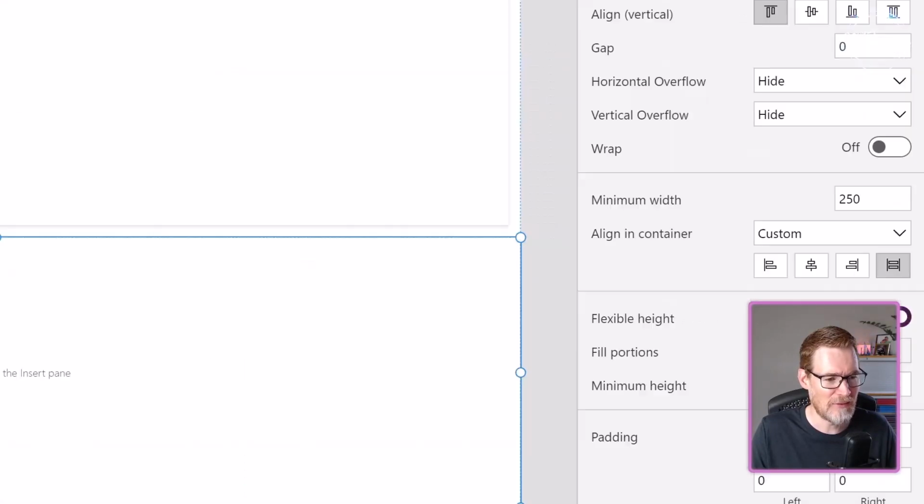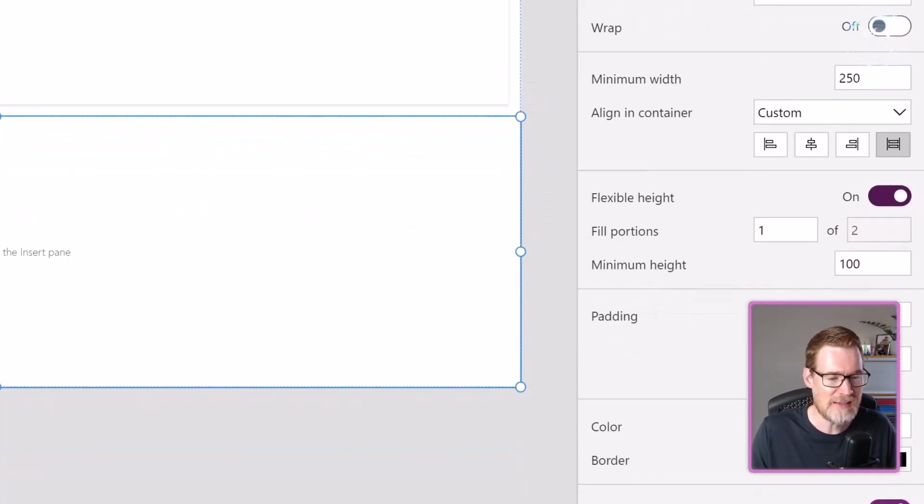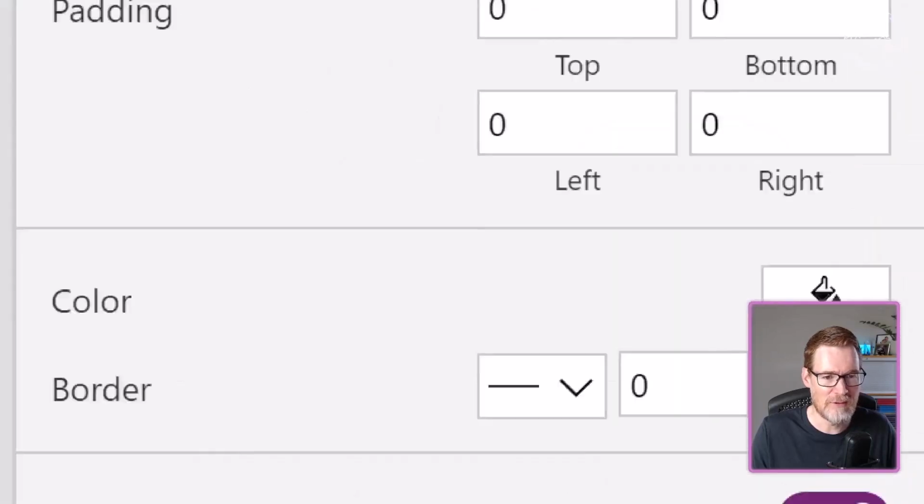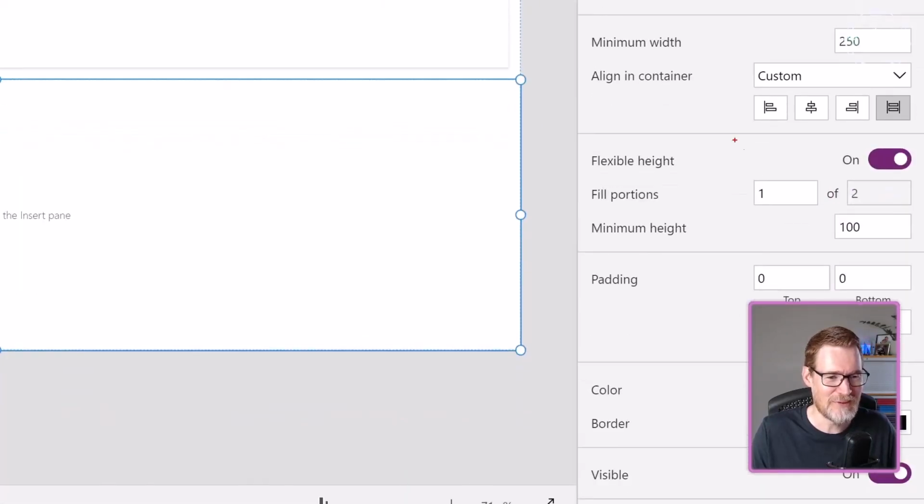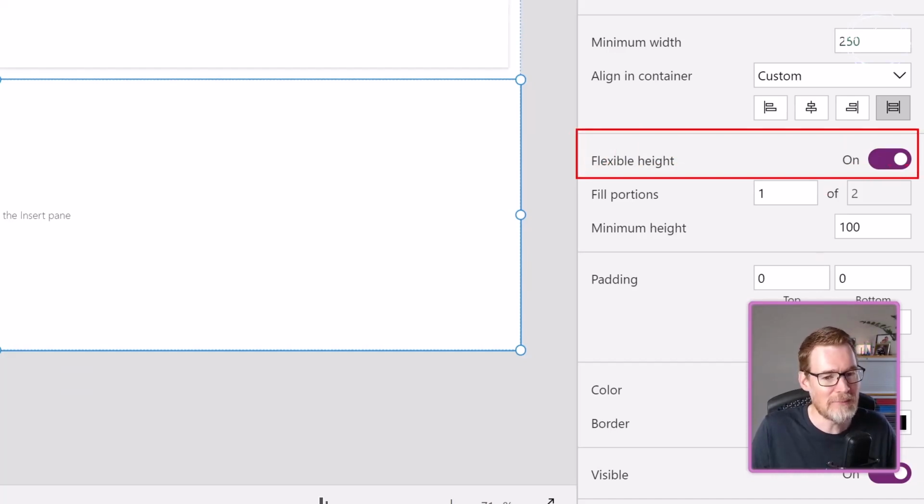So if we go to the height area here, let's zoom in a little bit more. Well, that was a bit too much. So this area here is going to be the flexible height property. And that flexible height property is saying that, rather than, in the case of our command bar, just setting a number of pixels height, where it's always going to be 32 pixels, we can say that it's always going to try and occupy, in this case, one portion of two. So it's going to always fill 50% of the available height.